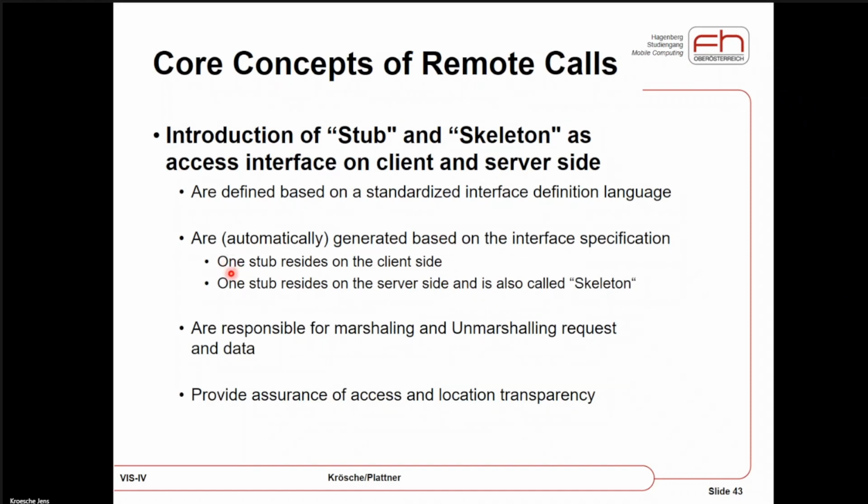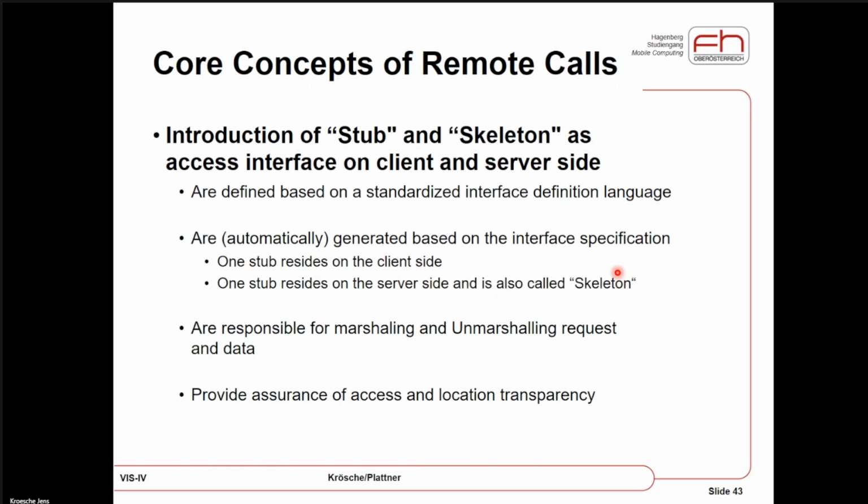So a stub resides on the client side, and there is the communication partner. It is also called a stub on the server side, but sometimes it's also called a skeleton.